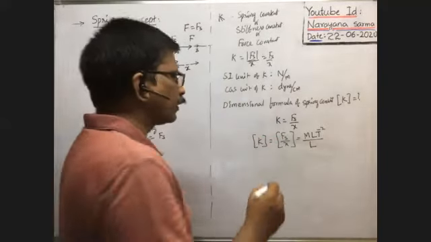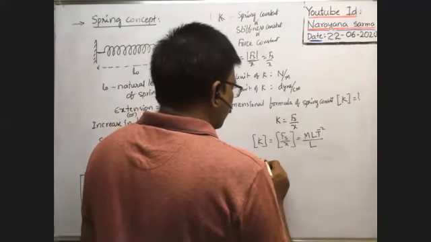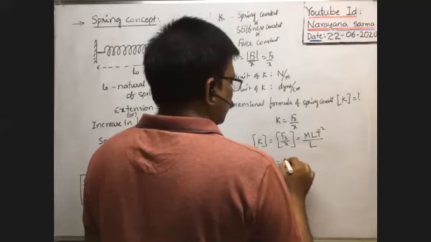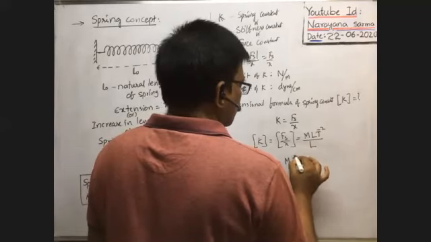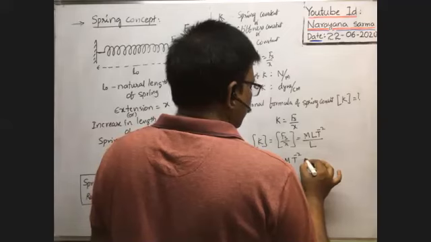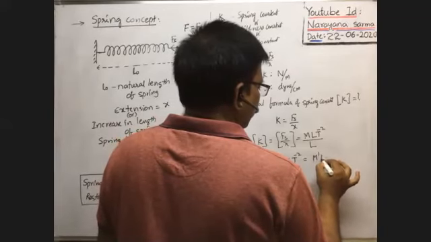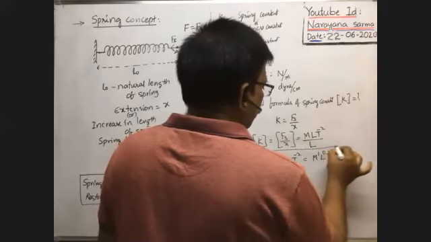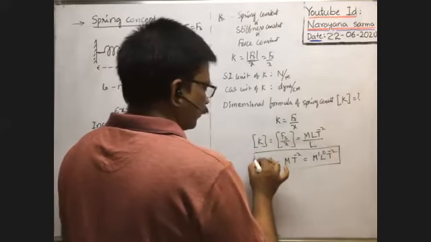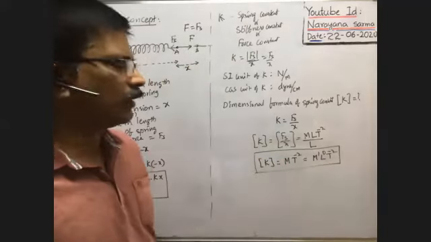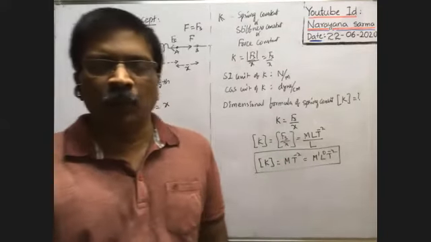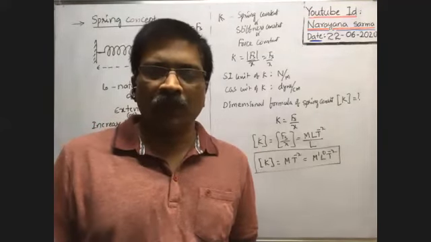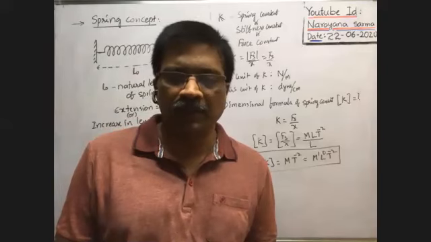Okay, very good. So therefore, the dimension formula of spring constant K is equal to, of course the L's cancel now, M t to the power of minus 2, or that is also equal to M to the power of 1, L to the power of 0, t to the power of minus 2. So this is the dimension formula of the spring constant. What is the dimension of mass in spring constant?